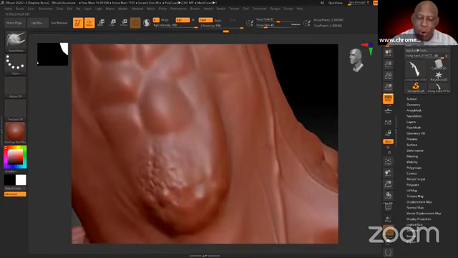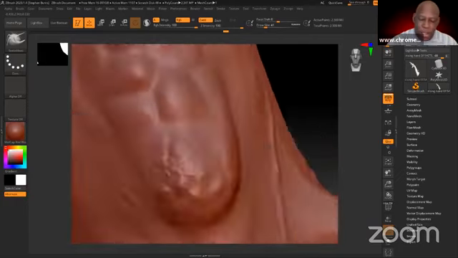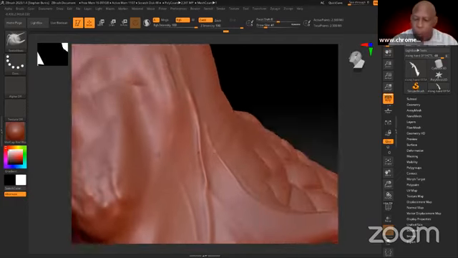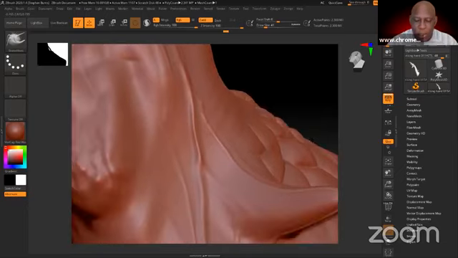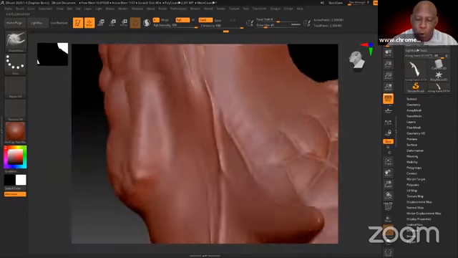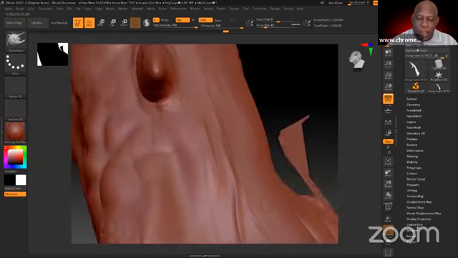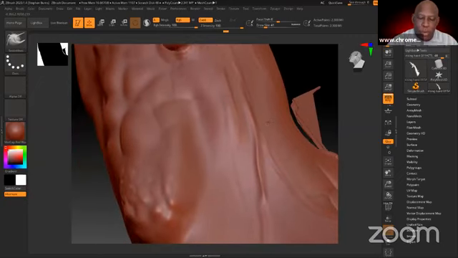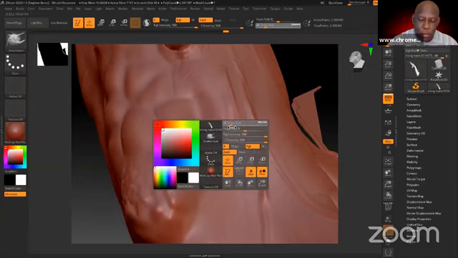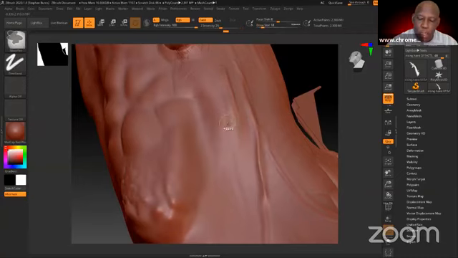Now, I'm going to make another. Let's bring that on over. So there's a horn there or a spike there. I'll make another spike. I want to control the shape of the spike. If I hold down the Command or Control key, it allows me to paint a mask, just like in Photoshop. So I want to make the brush a little smaller. Hold the Control key down, and I can paint a mask.